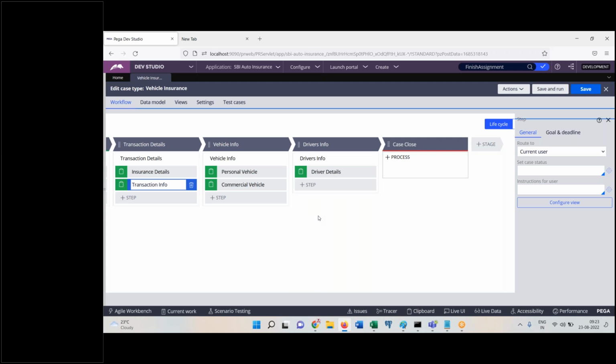This facility should be available when the case is at